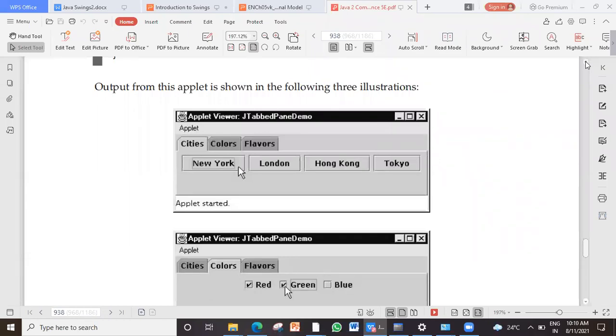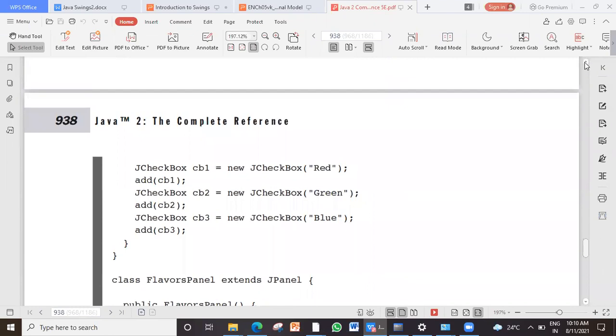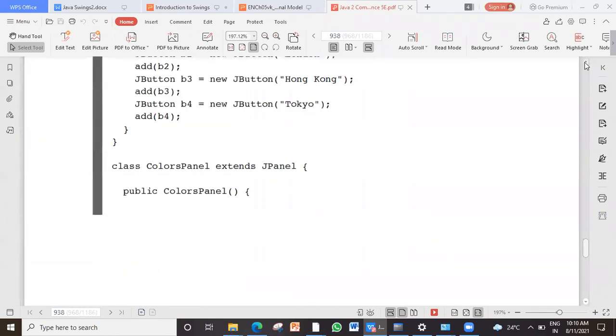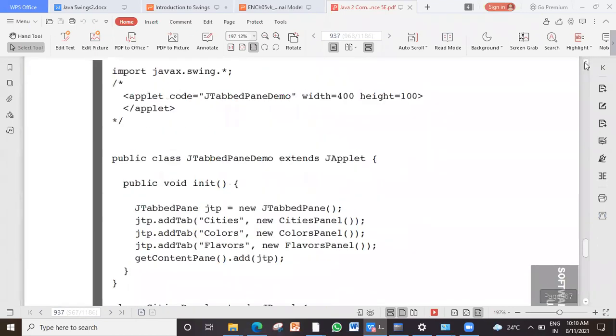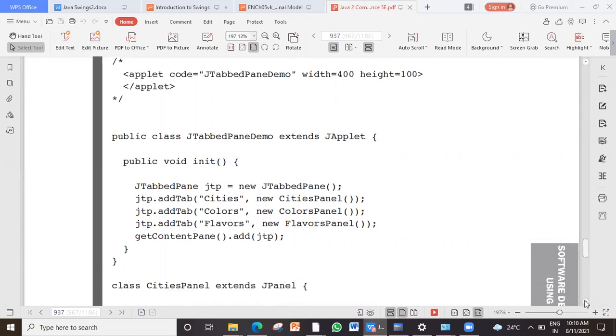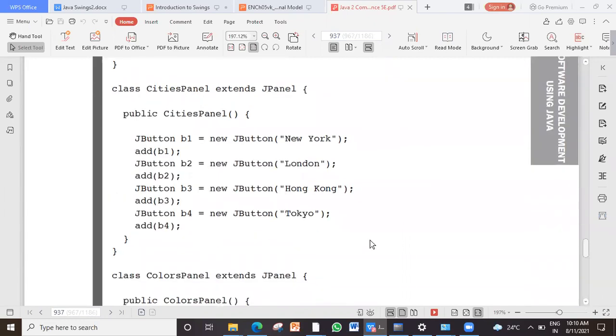You see the code quickly. First, I will have to create the different panels.